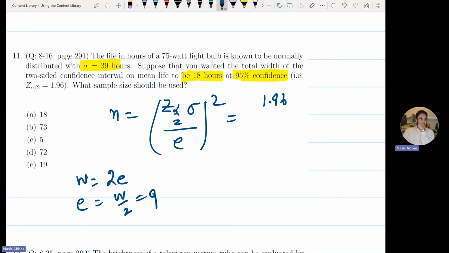What if it is not given to you in the question? You must find it using this 95%. Alpha is 5%. Alpha by 2 will be 0.025. 1 minus alpha by 2 will be 0.975. You go to the Z table and look for 0.975 and the corresponding value should be 1.96. You plug everything in. Sigma was 39. E is 9 whole square, and you get n to be